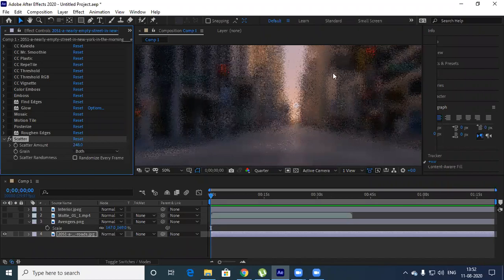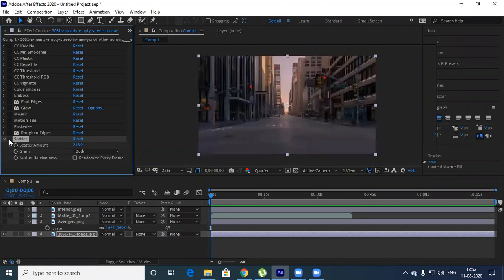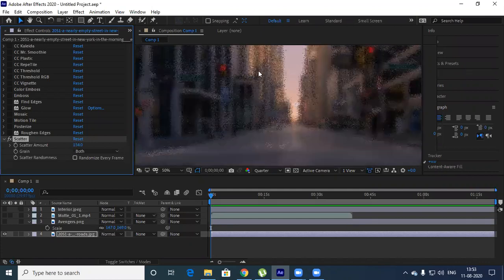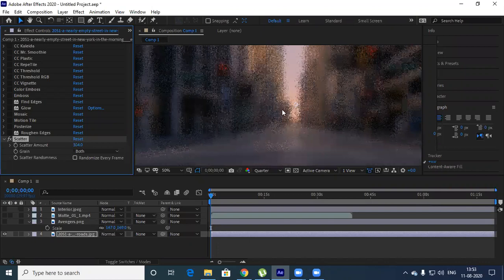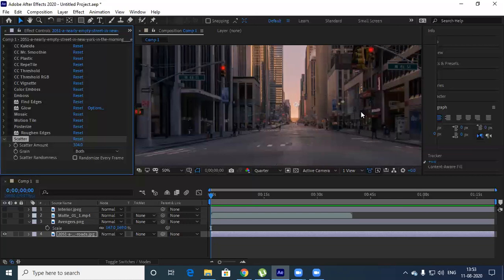Okay, this is another effect called scatter. See, if you notice this, you can turn any image into a glass. This is a normal image. I turn on the scatter. This looks like a glass, kind of a reflection or mirror effect. Yesterday we did one exercise, right? There, that particular selected region, you can convert as a scatter. Add this particular effect scatter so that it looks like a glass or mirror.